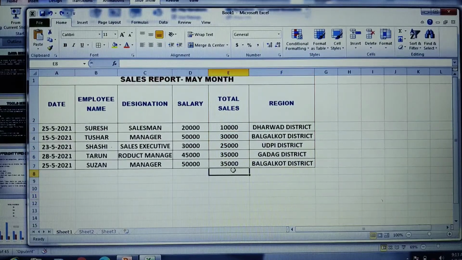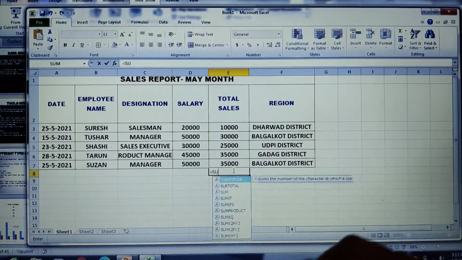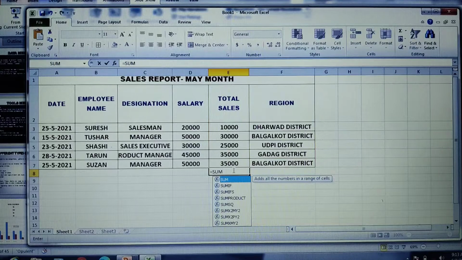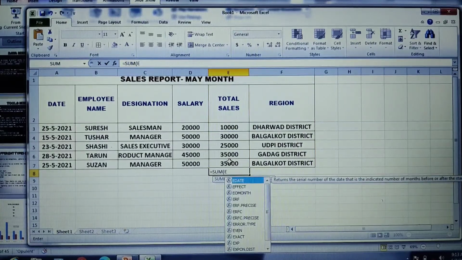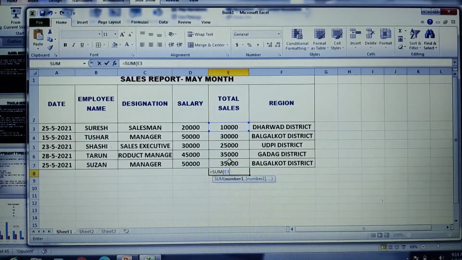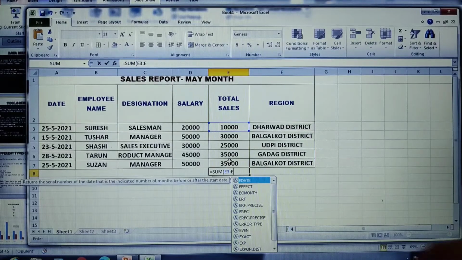I'll click on this particular cell, equals to SUM, and then open the bracket. You can directly write the formula, or you can just use the range of cells like this. Either you can even write E3, colon, up to E7.